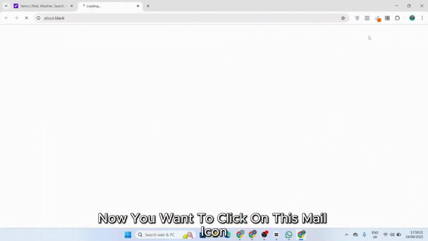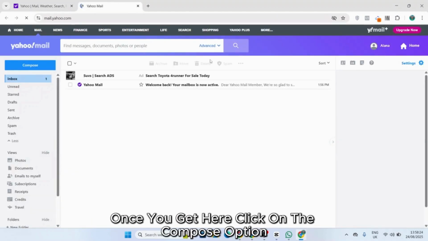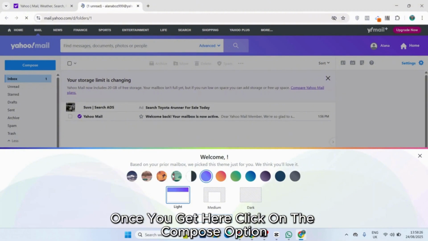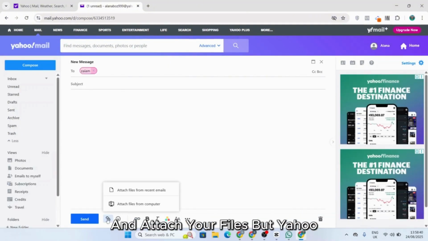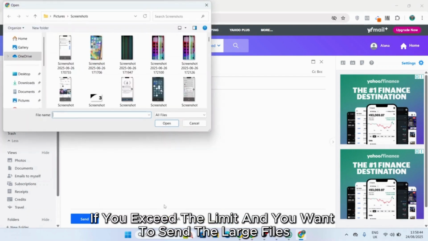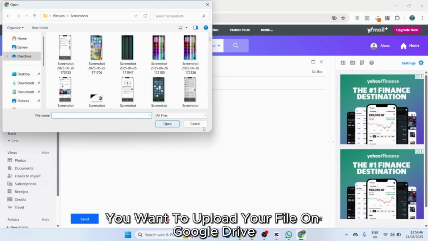Now you want to click on this mail icon. Once you get here, click on the compose option. Now you can easily click on the attachment icon over here and attach your files, but Yahoo has a limit. If you exceed the limit and you want to send the large files, you want to upload your file on